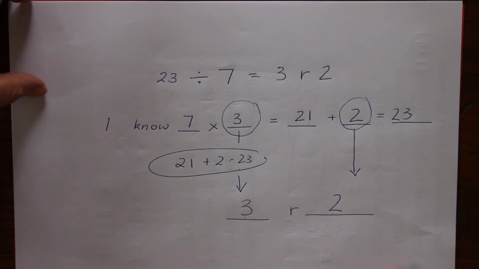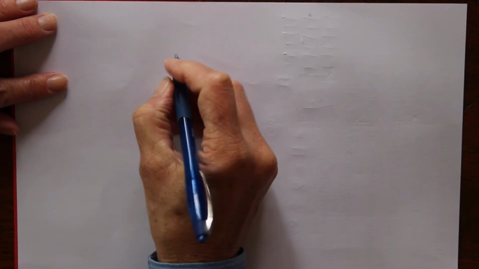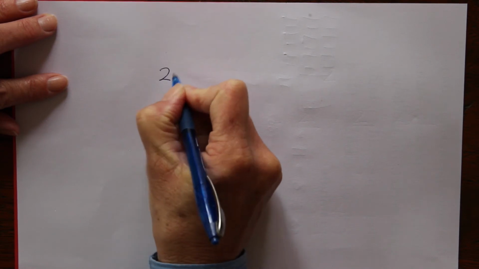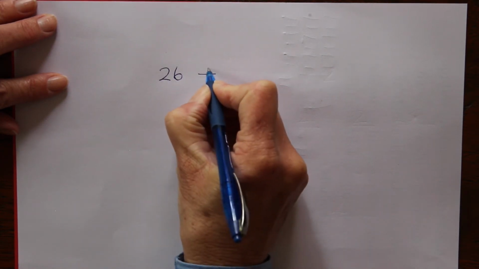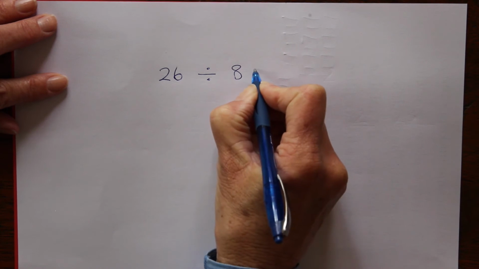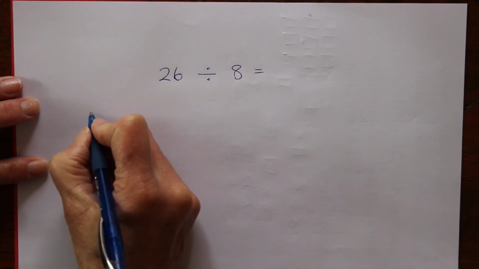Let's try another one, because it is a little bit tricky. But this is how I want you to set it up. So here's my next one. I'm going to have 26 divided by 8. Here's my problem. Now, I know